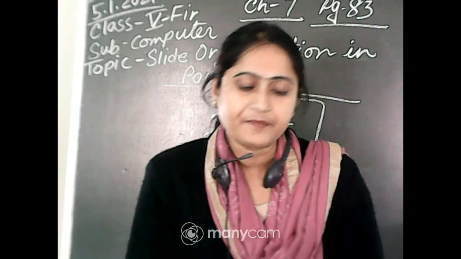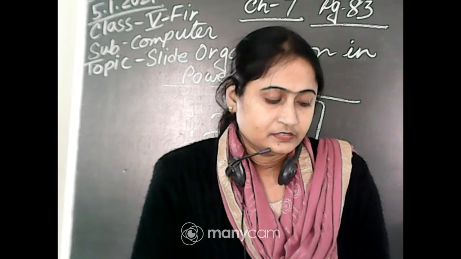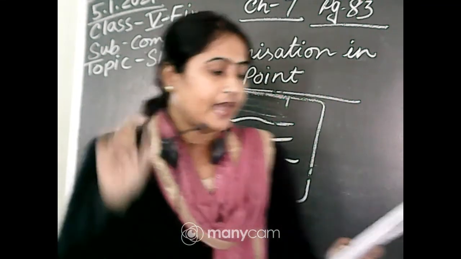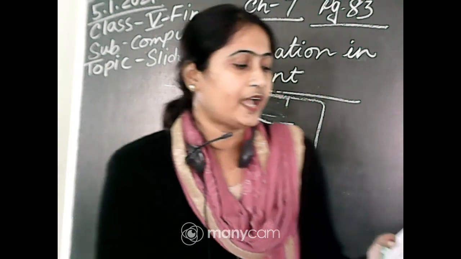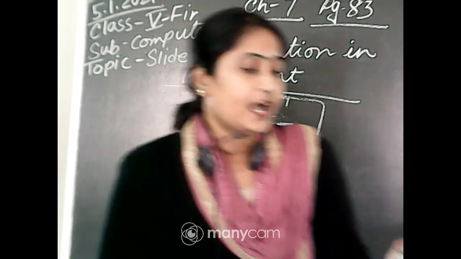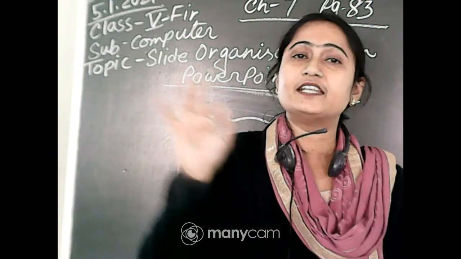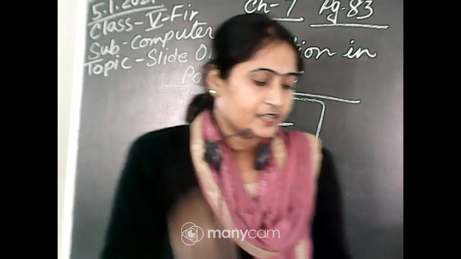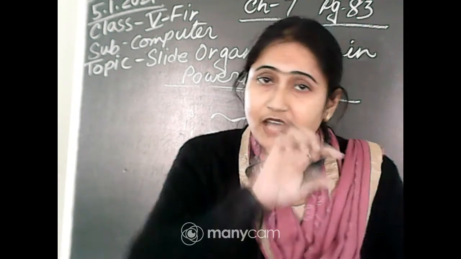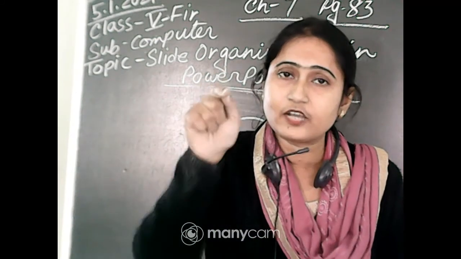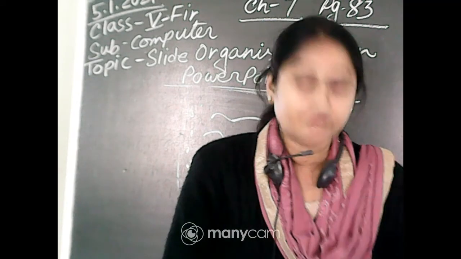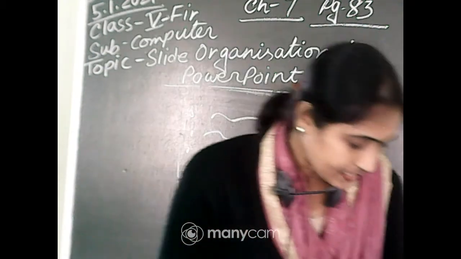The object will be surrounded by a dashed line. You can see this type of line will appear, and then click on the border and it will change into a solid line, and then press the Delete key. After selecting, a border will come, a dashed, dotted line. You just click on the Delete key and the object will be deleted. If you want to delete in this way, using the Delete key, you can delete it.